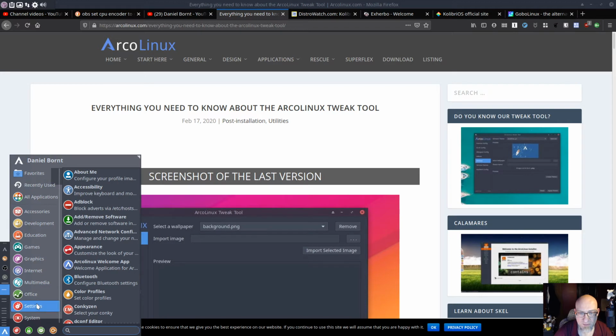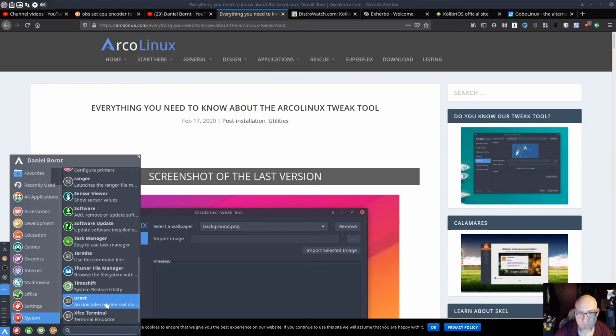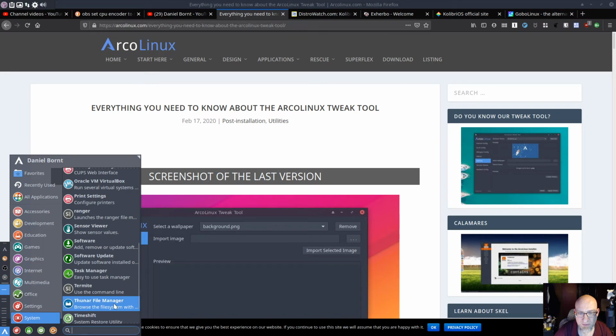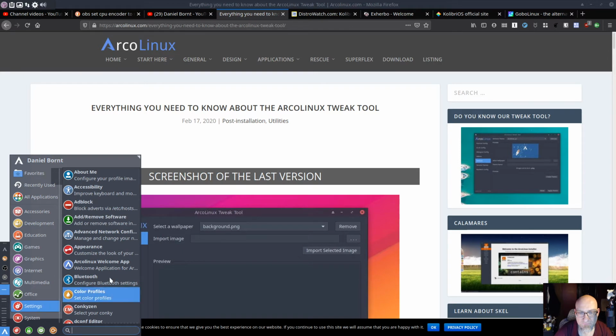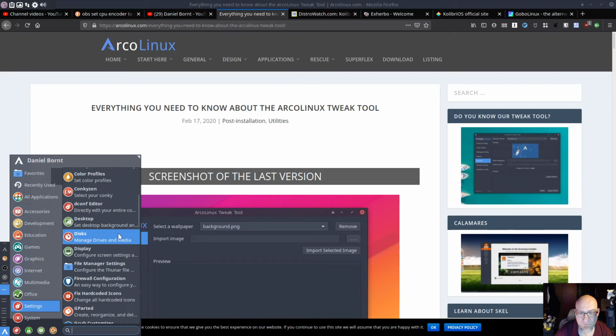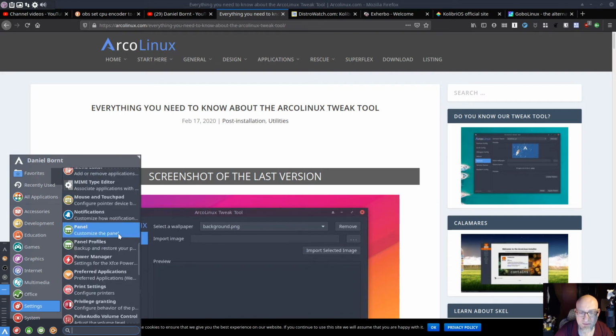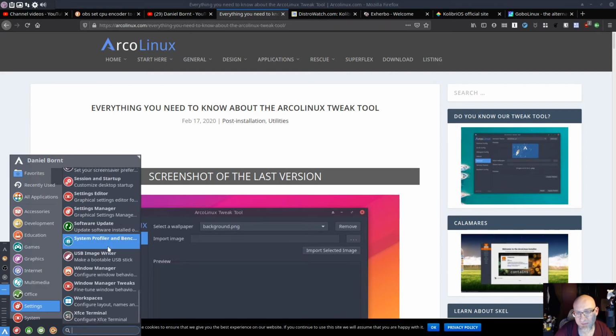It's probably under... Maybe I didn't install it on this thing. That might have been one of the check boxes. I'll have to figure out how to get that, because it looks really cool based on this.